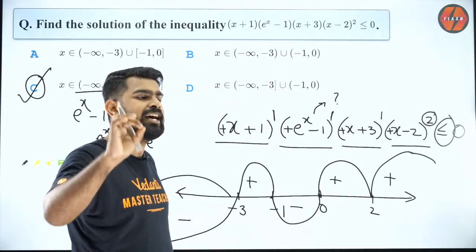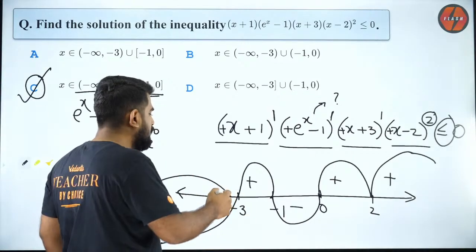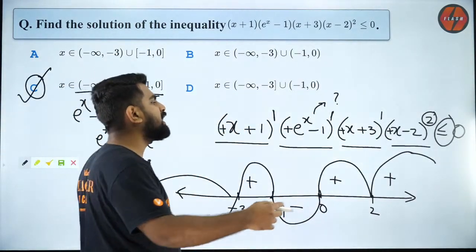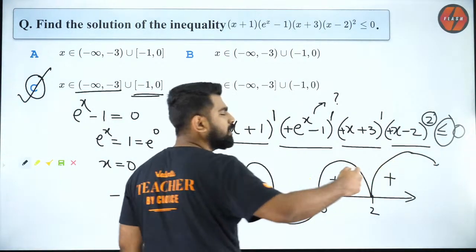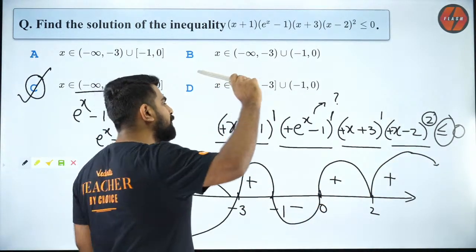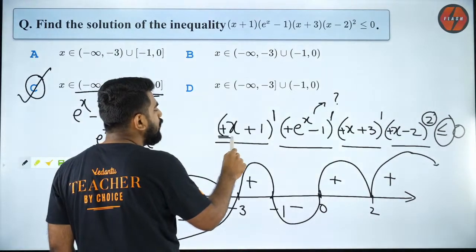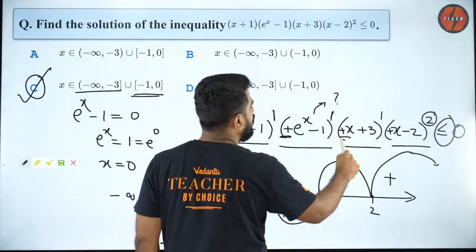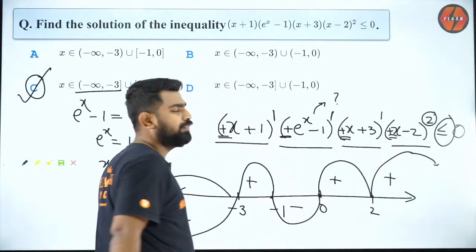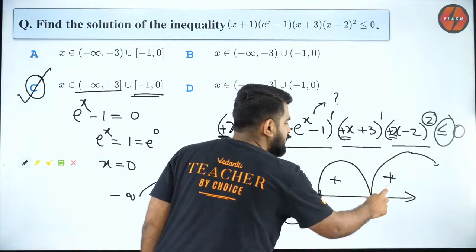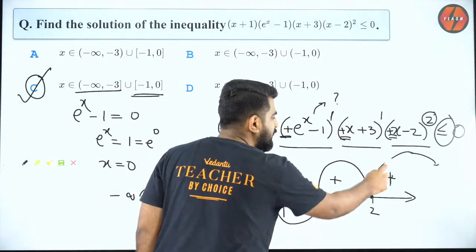I hope everybody understood that. After that, what I do is, I start from the right hand side top corner. Your wavy curve always starts from the right hand side top corner because I ensure that all my factors have positive leading coefficient. So when I do that, I put plus over here, and when I come to the first factor, it is 0.